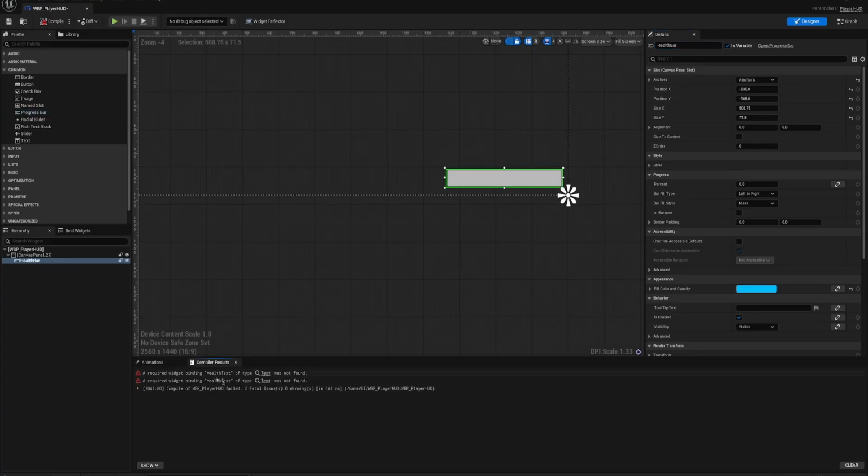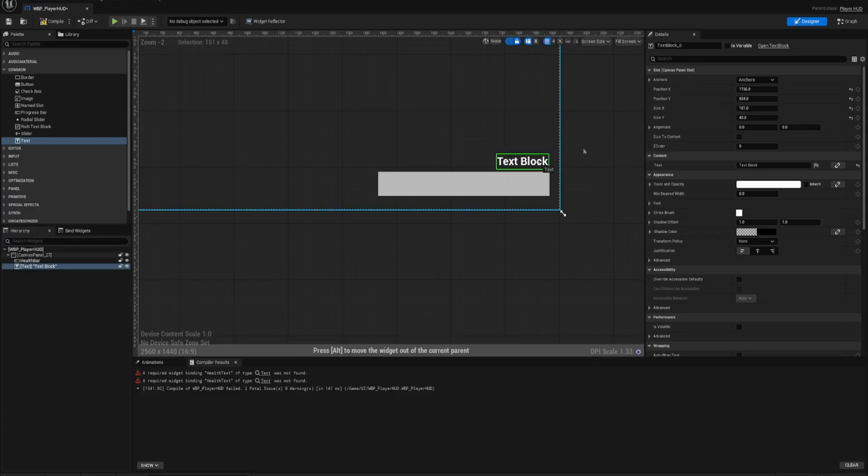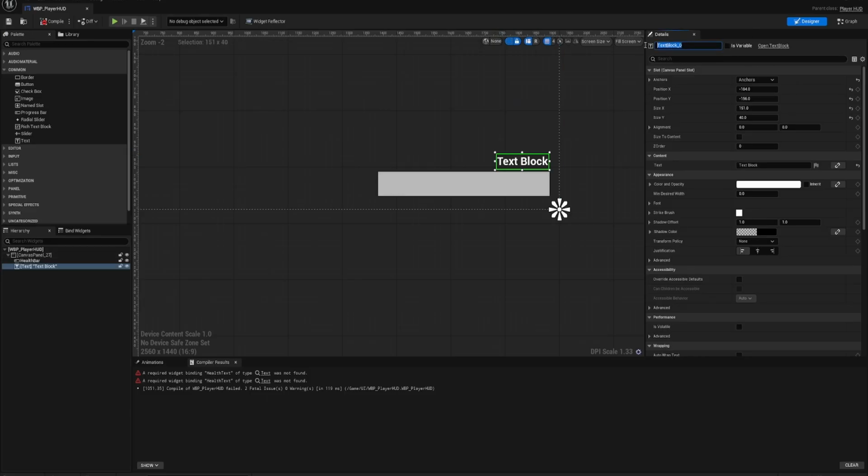That should get rid of 2 of the errors. And I'm just going to add some text in above. I need to lock that to the bottom corner as well. This also needs to be called health text. There we go. So these will update